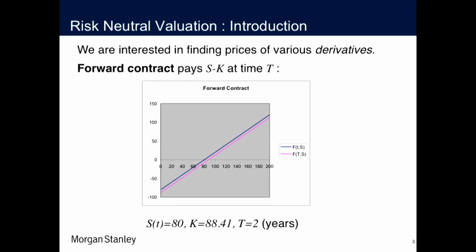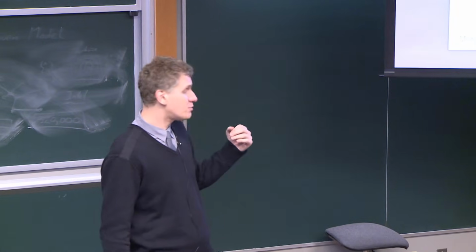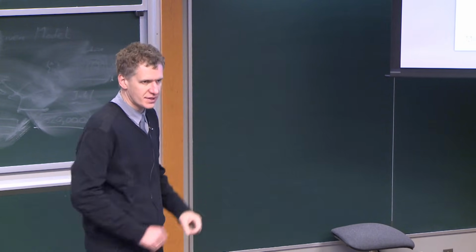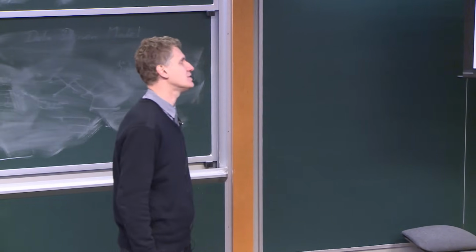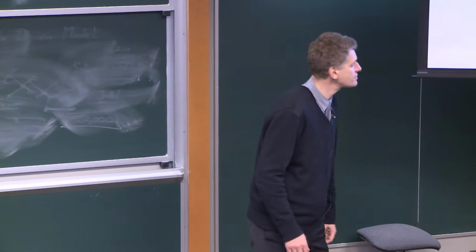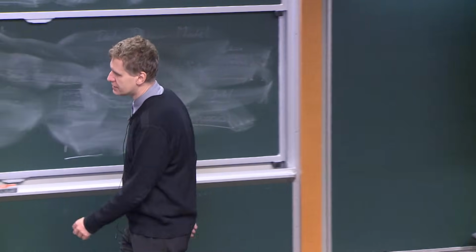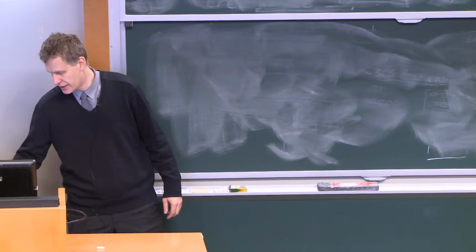So this blue line is actually the payout, what will happen at the end, right? The payout, the graph of F at time t, the termination time or expiry, and how it depends on the stock price. Obviously the payout is S minus K, where S is the stock price, so it's a linear function. It turns out that the current price is also a linear function, but slightly shifted, and we'll see how it comes to be shifted and how much it should be shifted. And K is usually referred to as the strike price.